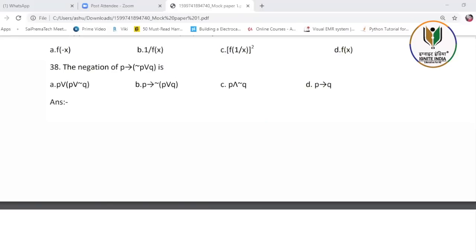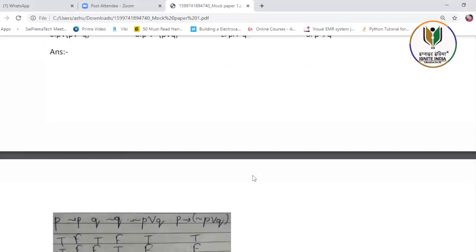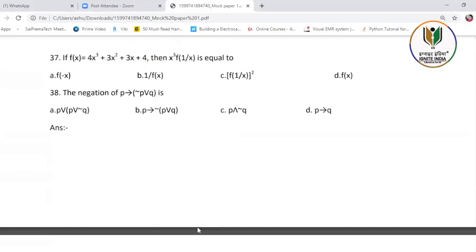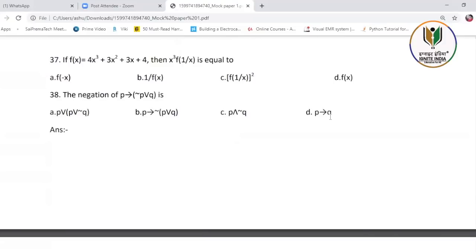Okay. So see, for questions you want to solve without doing mathematical reasoning, always draw the truth table, which is easier to get the answer. Here is the truth table for the question, and these are the options. I hope you're familiar with all the functions. When you go for conditional, last you'll get true, false, true, and true. The options are as such. Third option, you get the exact answer as the question. So the answer is P conditional Q.